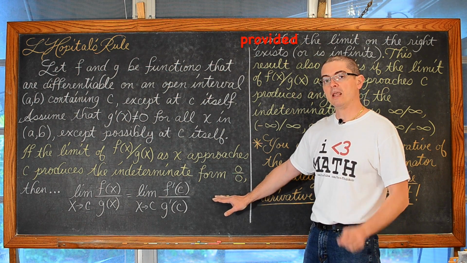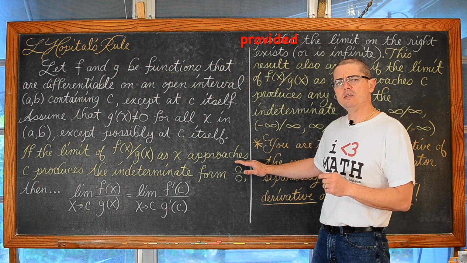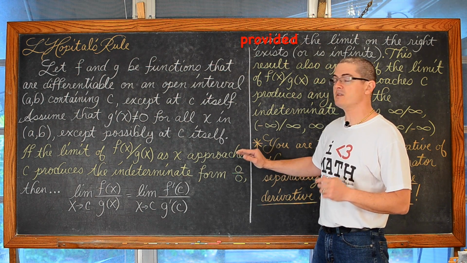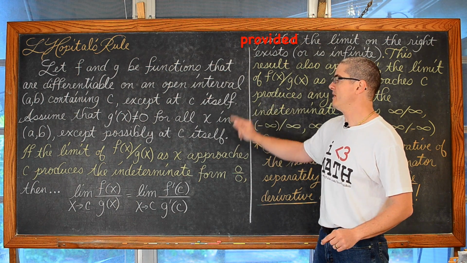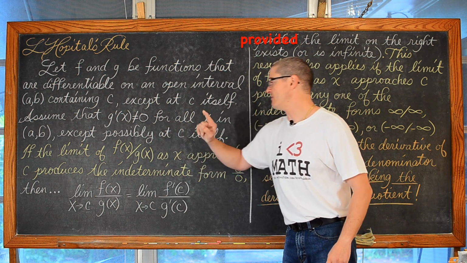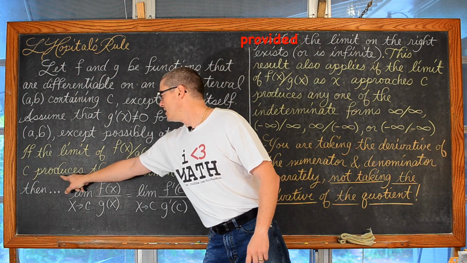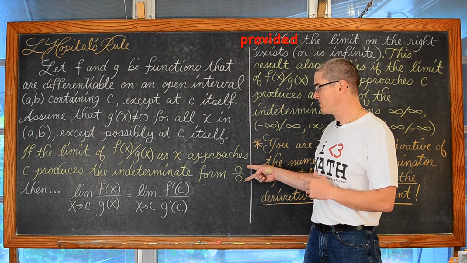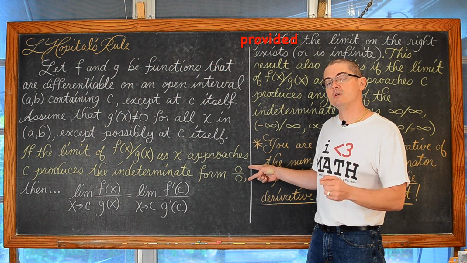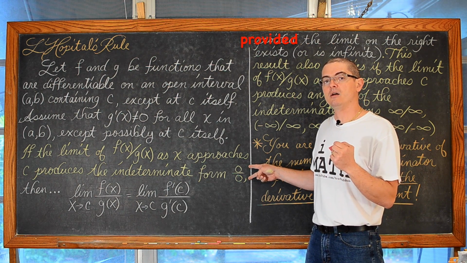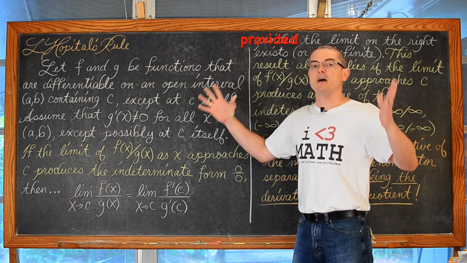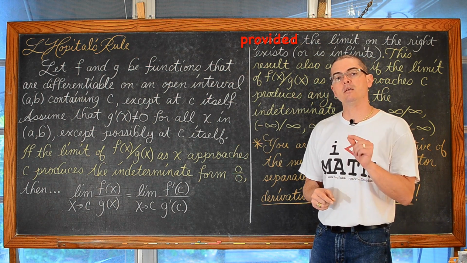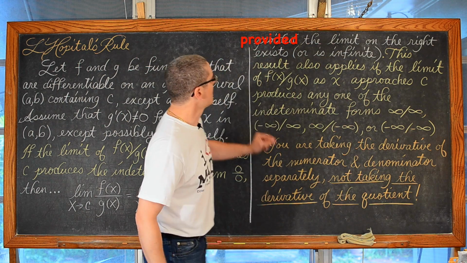So very powerful. Now, I have this in yellow. I was going to do red, except sometimes it's hard to show up on the camera. This is extremely important. If the limit of f of x over g of x as x approaches c produces the indeterminate form of 0 over 0, and I'll give you some alternative forms on the other side, but if you don't meet the conditions to apply L'Hopital's rule, and you just apply it all the time, it will give you a wrong answer. There's a condition for using this rule. Make sure that you check it.